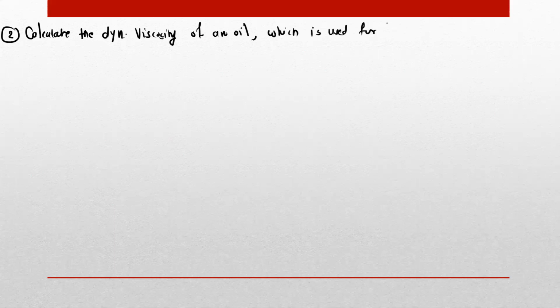Okay, right, to the next problem. So calculate the dynamic viscosity of an oil which is used for the lubrication between a square plate, whose size is 0.8 by 0.8 meter, so this is in meter square, and an inclined plane